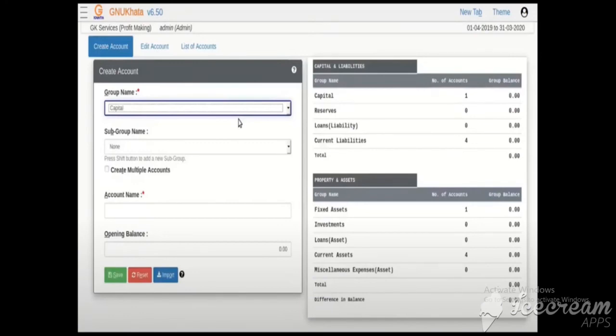This is free software. While installing it, you should have a 64-bit system. If the computer is not 64-bit, it will not install on your system. Better go with that option, or otherwise you can make a virtual machine, put Linux in it, and then install this so that it works.